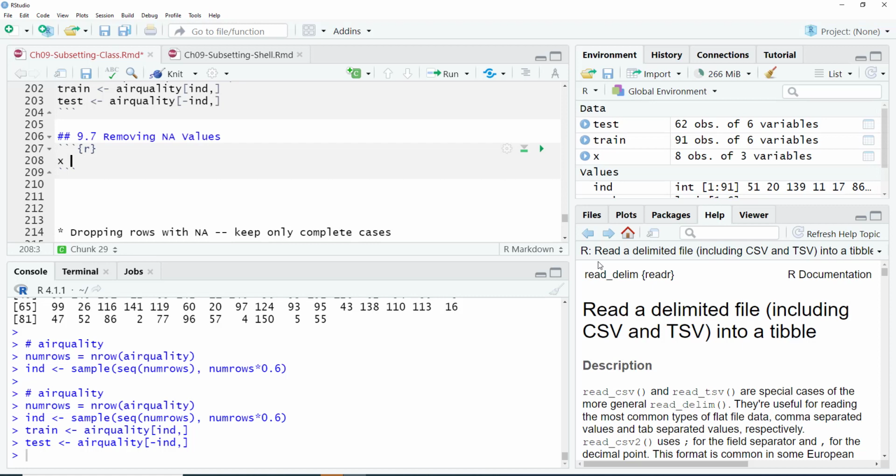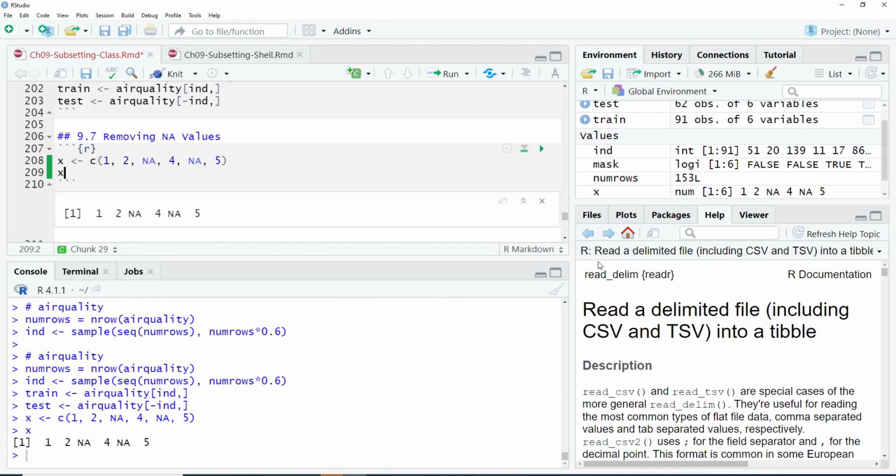Okay, X is c(1, 2, NA, 4, NA, 5). So it has 1, 2, NA, 4, NA, and 5 as values. So we can say, okay, we can now subset, all right,